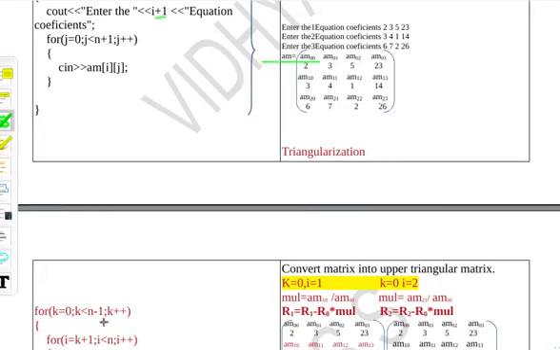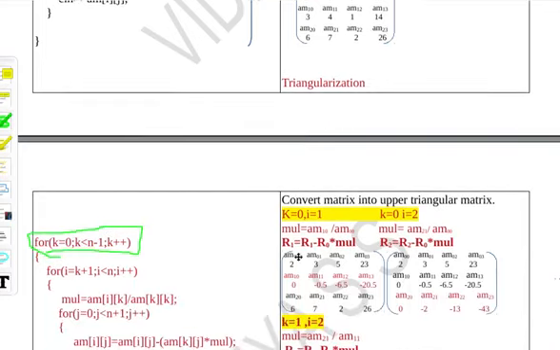That is, n minus 1 rows are there, which means n minus 1 times I need to continue the changing process. So that's why for i equals 0, k equals 0, k less than n minus 1, k plus plus. That is, the number of iterations will be equal to n minus 1, the number of rows minus 1, because we don't make any changes to the first row, we'll make changes to the remaining rows. So that's why k is equal to 0, k less than n minus 1, k plus plus. This is to select each row, the pivot rows.